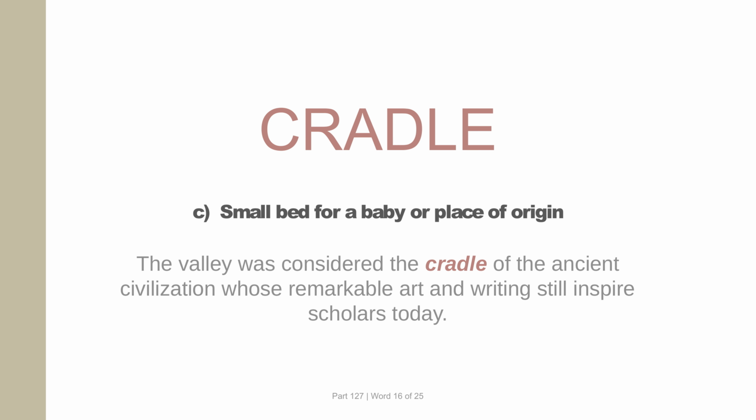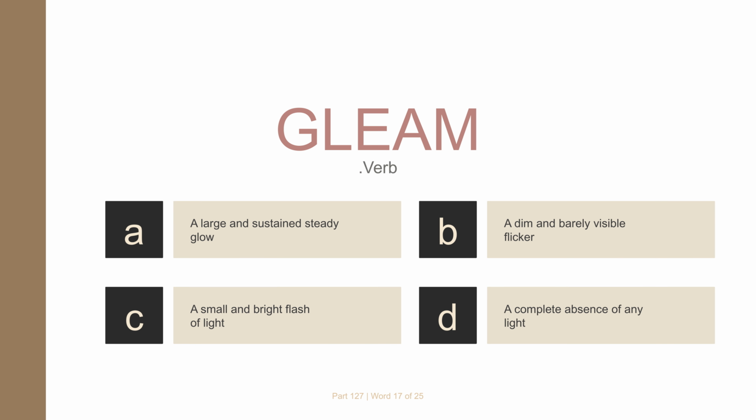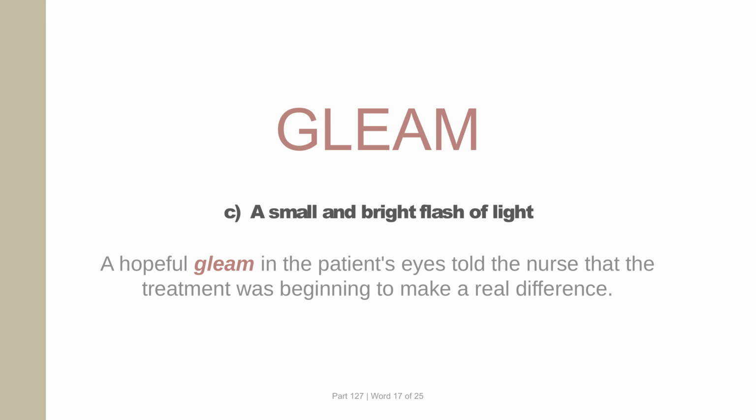Question 17. What is the meaning of gleam? Option A. A large and sustained steady glow. Option B. A dim and barely visible flicker. Option C. A small and bright flash of light. Option D. A complete absence of any light. Correct answer, option C. The correct meaning of gleam is a small and bright flash of light. Example: a hopeful gleam in the patient's eyes told the nurse that the treatment was beginning to make a real